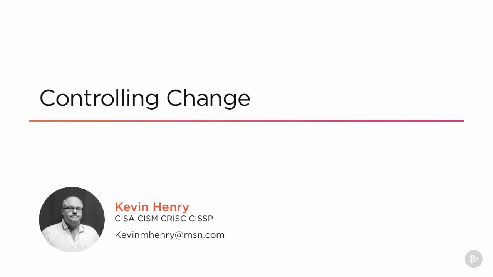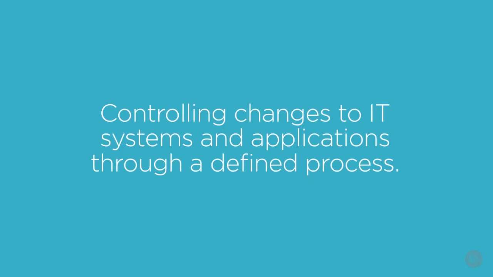An important part of information systems audit is controlling change. We want to allow change, but at the same time, we want to ensure that only authorized changes are made to our systems. This means we can control changes to IT systems, applications, and networks through a defined change management